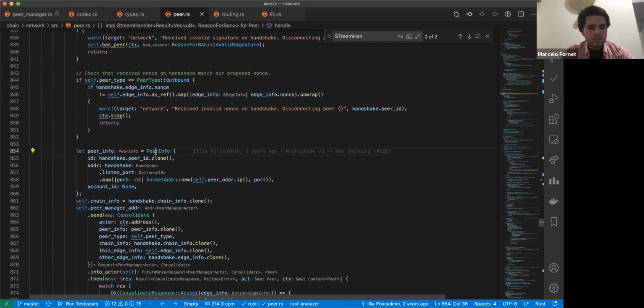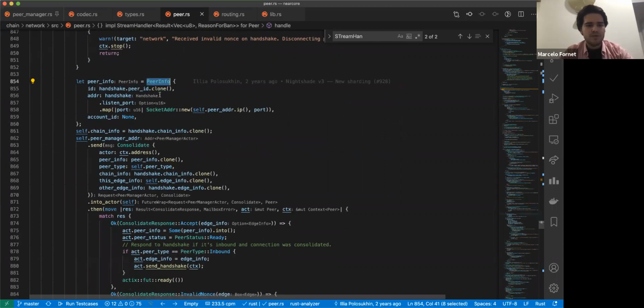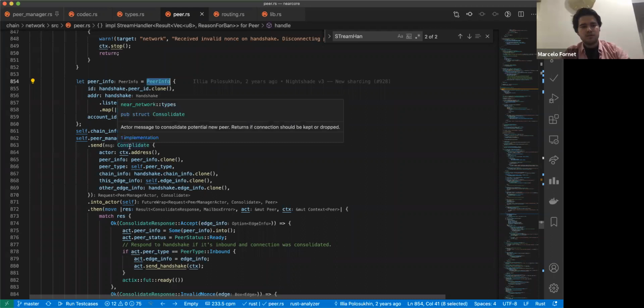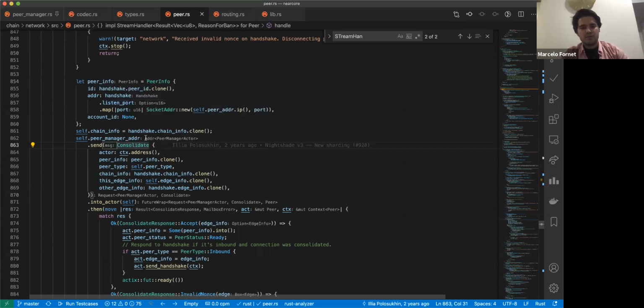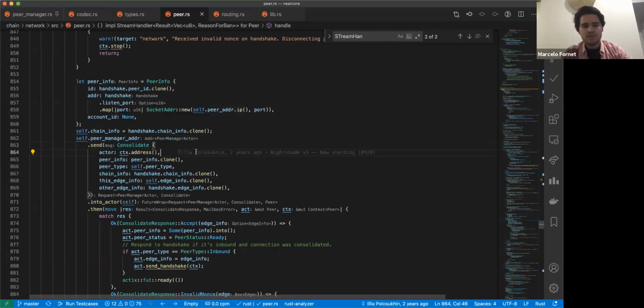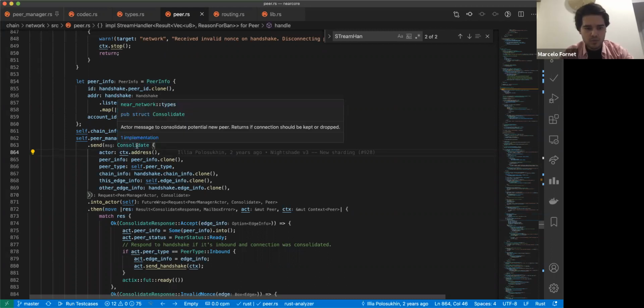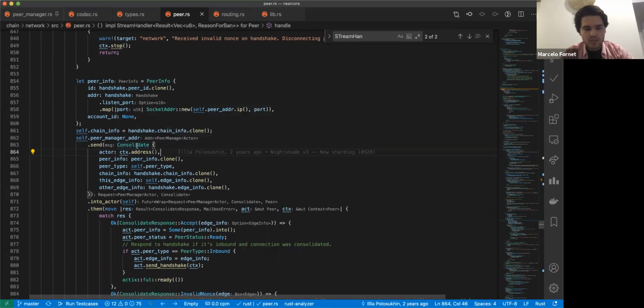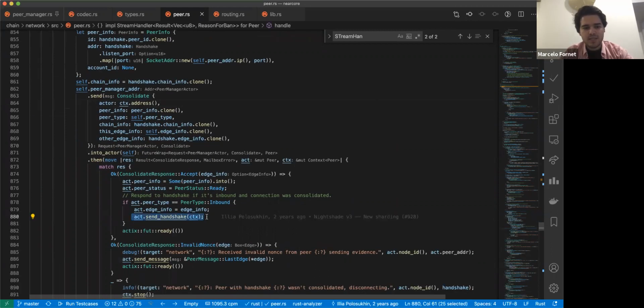and we then just create peer information, and most importantly, when everything has passed, we consolidate this connection. This will happen if everything with the handshake was correct. We consolidate the connection, which eventually will trigger sending the handshake if the peer is inbound. Like if the connection was initiated not from us but from the other peer, if the peer is inbound, when the connection is consolidated, we check